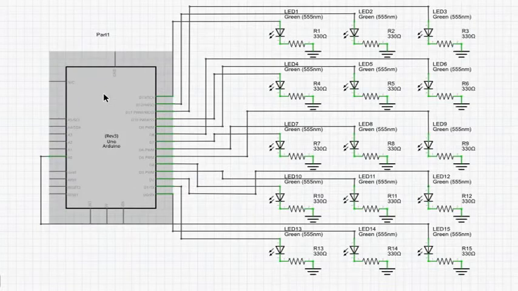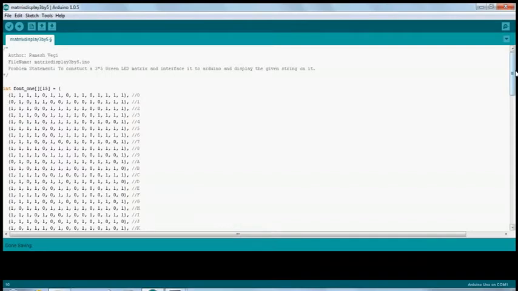After powering on this Arduino board, we need to upload a code on this Arduino board. It has to be programmed in such a way that it decides which LED has to glow when. That we can understand when we see it in the code. So to understand how characters are displayed on the LED matrix, which is this module, let us have a look at the code of this 3 by 5 LED matrix. This is the code for our matrix.